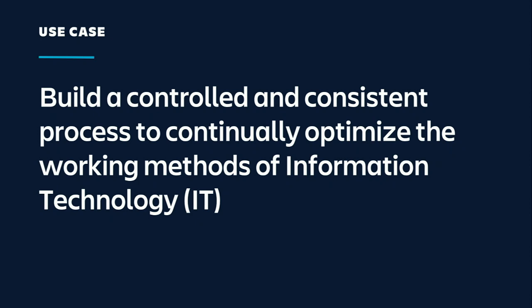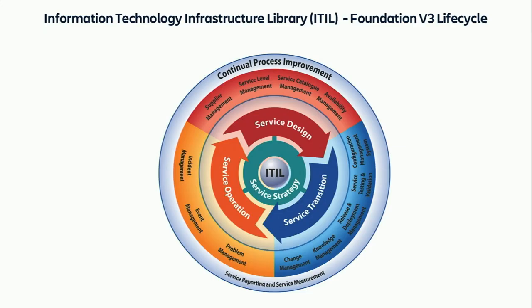And ultimately, what I ended up doing as an architect at the university, I said, what else is out there? So we looked at different libraries, different foundations, different architectures that were out in industry. And ITIL was something that was continuing to grow. I used ITIL at prior companies in its early days. Part of the conversations when I was having those interviews, I'd go back and I'd show this diagram and say,